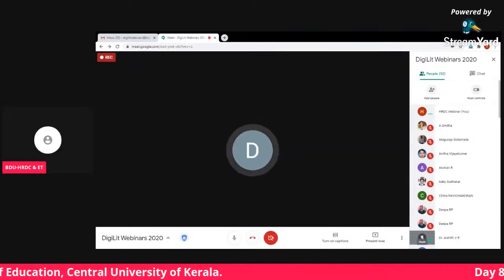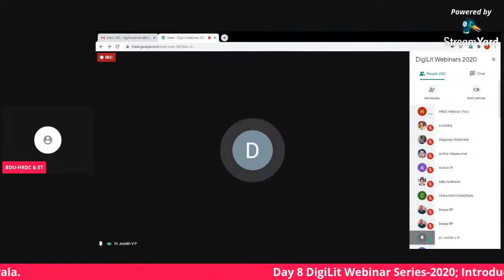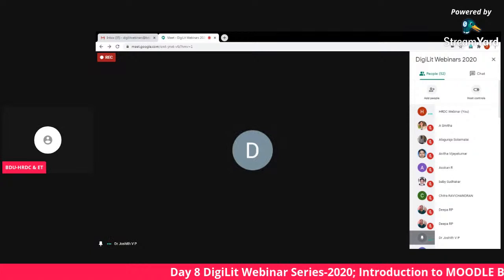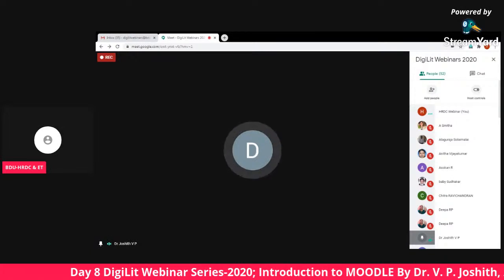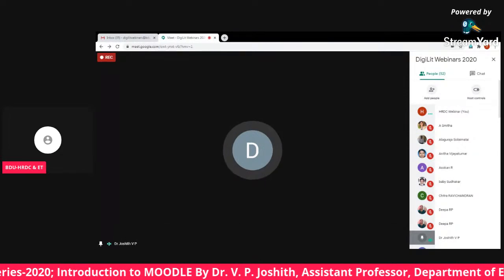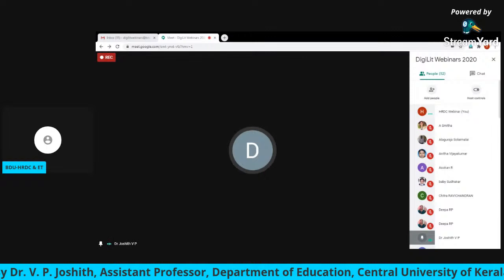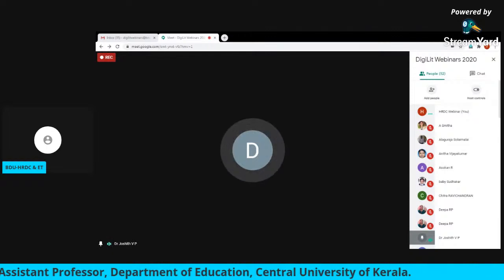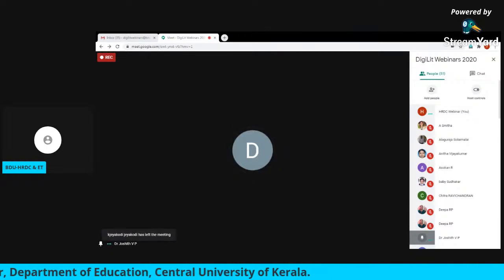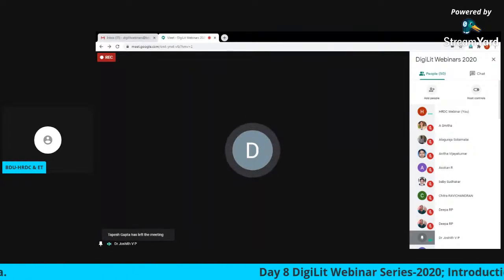Don't select any box over there. Generate password, suspended account, you don't select. Also don't select force password change, because that will ask the user to change the password every time. Give the username, first name, surname, and email ID. After that, create user.